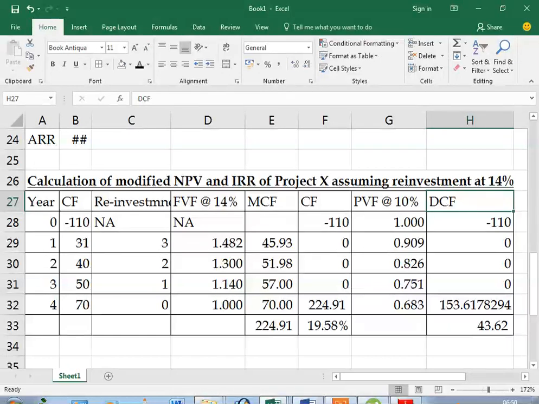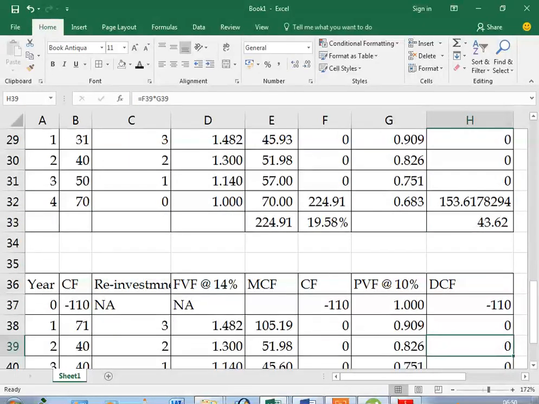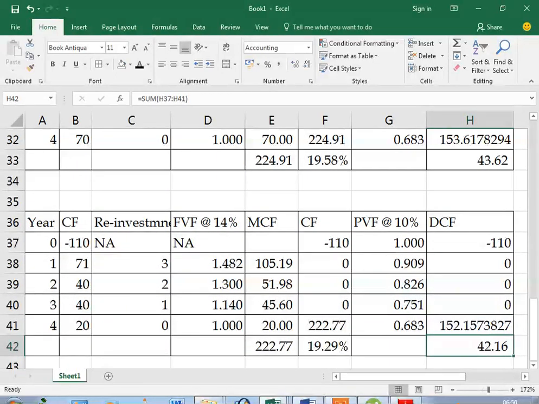Done with this project? Any doubts? Can we proceed? Okay, now listen, you can note down the solutions. Any doubts in this? Now this was project X. If I do the same thing for project Y at 14%, same thing, this is for project Y at 14%,